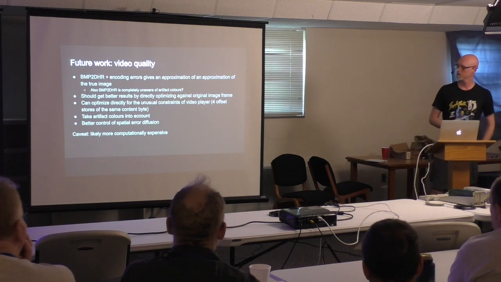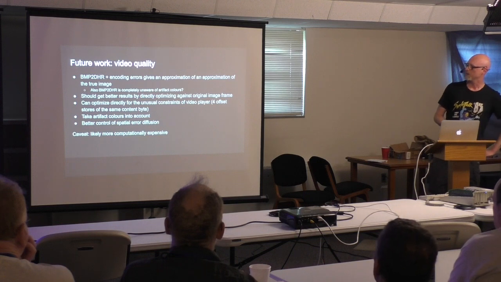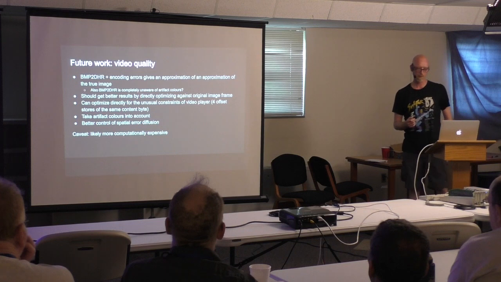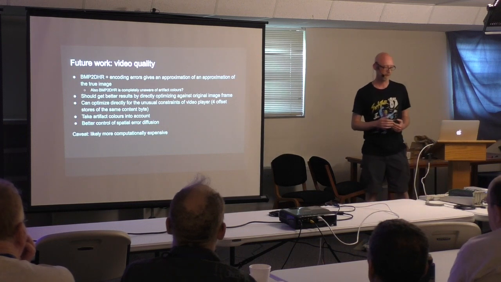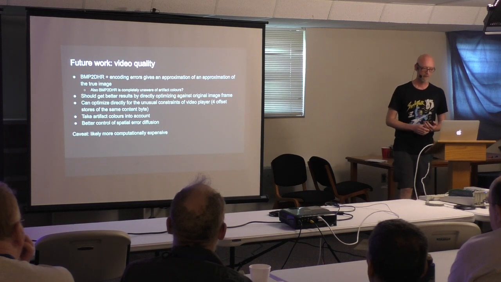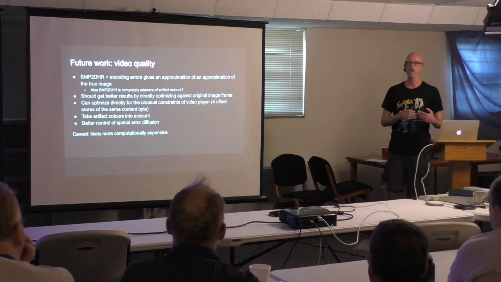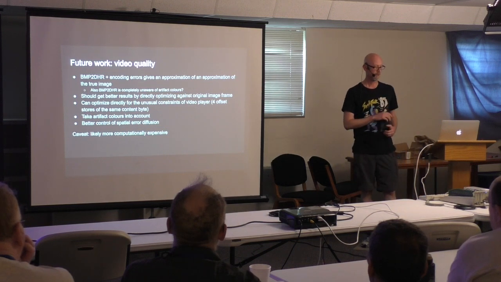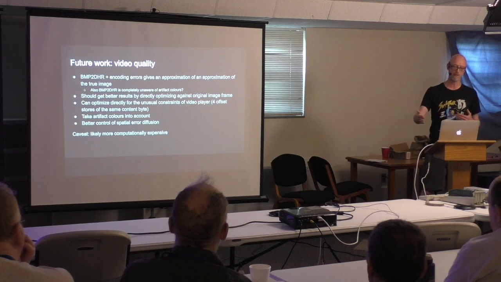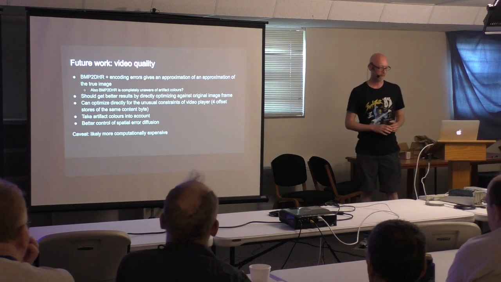So what's left to do here? I think there's a lot that could be done to improve the quality of the video stream. I mentioned that I'm using BMP to DHR to give the sequence of image frames. That was convenient when I started out, because I didn't have to worry about how you turn a 24-bit BMP or image into something which the Apple will understand, the bytes that go in memory. So I didn't have to solve that problem, but actually